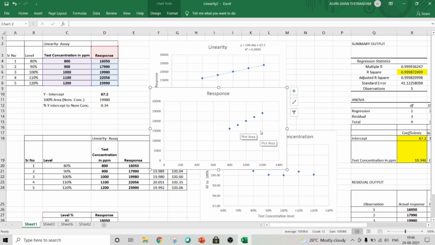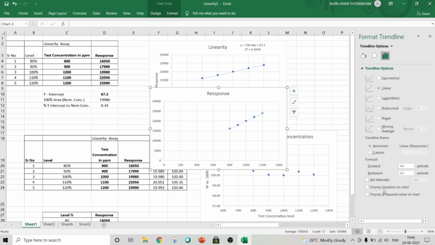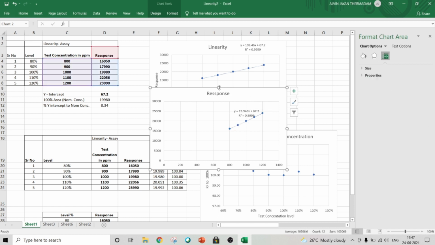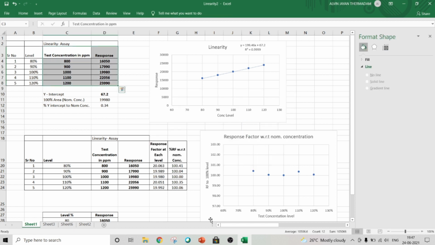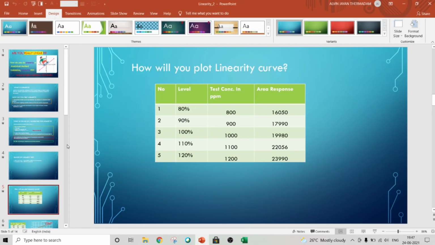For getting the r square value, just right click and then add trend line. This window is going to open. Click on display equation on chart, display r square value. So you are going to get the linearity equation and r square value on your screen. This is the way by which we used to calculate the linearity. So by doing that, you are getting